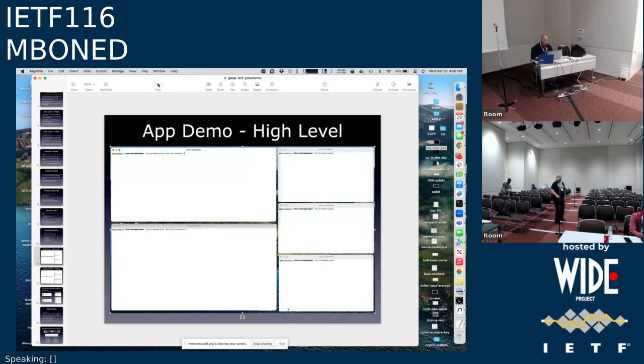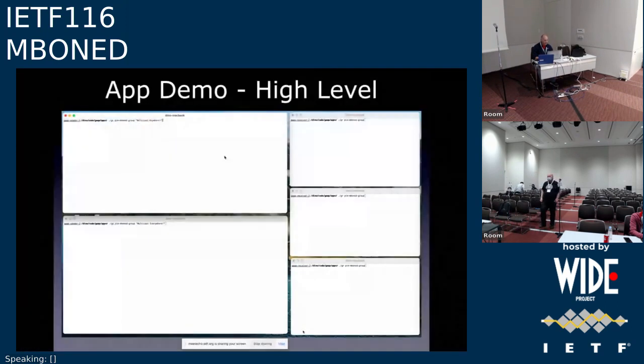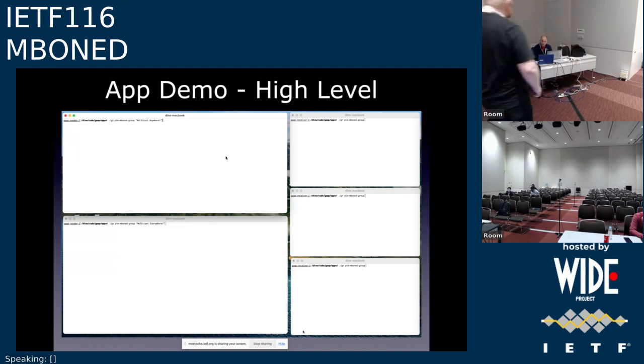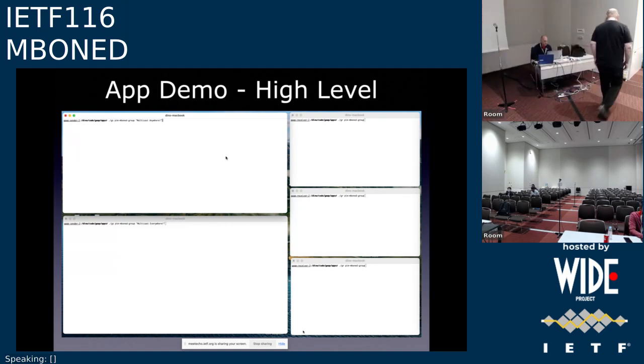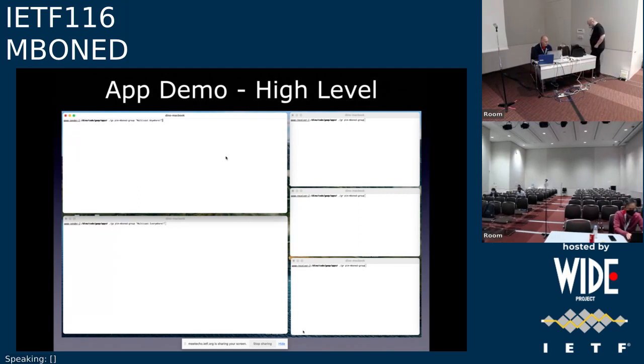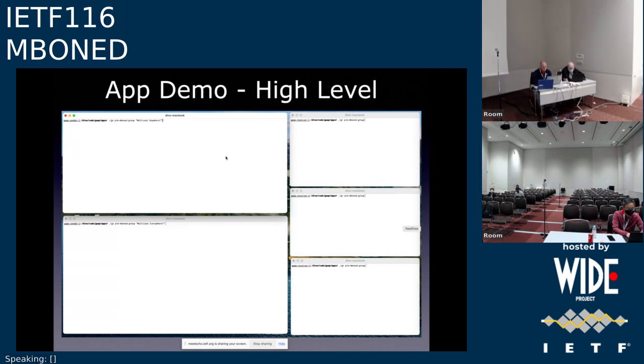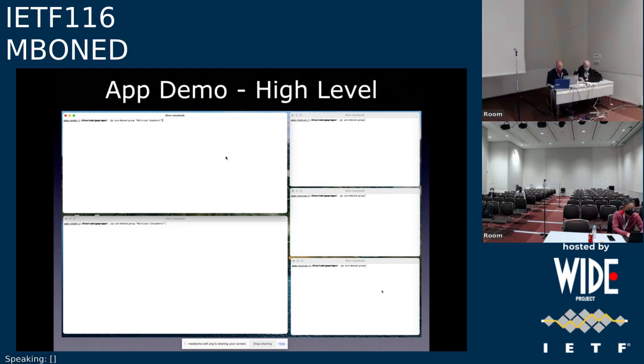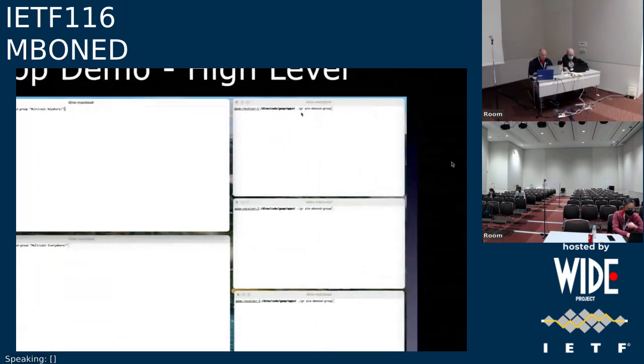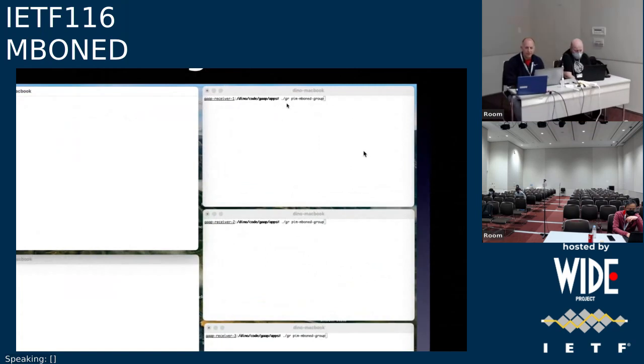I'm showing 5 nodes here. You'll see the 3 receiver nodes on the right-hand side. They're going to run an application called GAP Receiver, which they're simply going to join the group that hashes from the group name